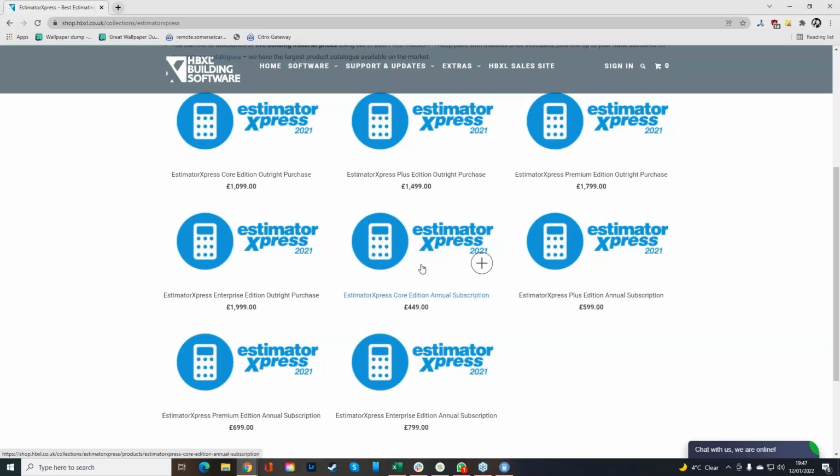Now the differences in the versions, you've got the core, which is extensions and renovations, the plus, which is extensions, renovations, loft conversions, plumbing and heating, premium, all of that plus new build housing, and then you've got the enterprise, and that's also got a couple of extra calculators in there as well for businesses that might run extra